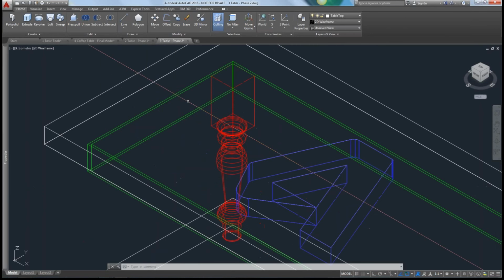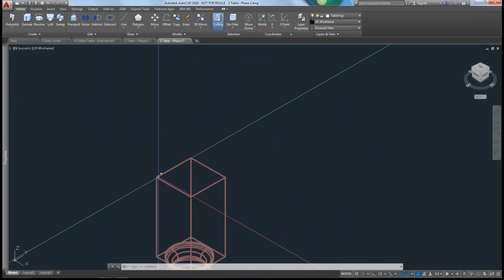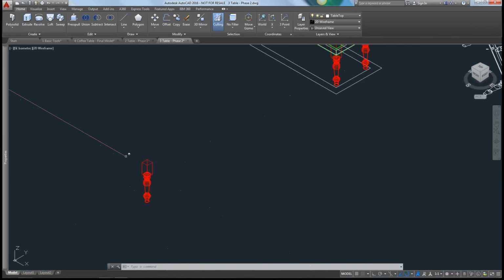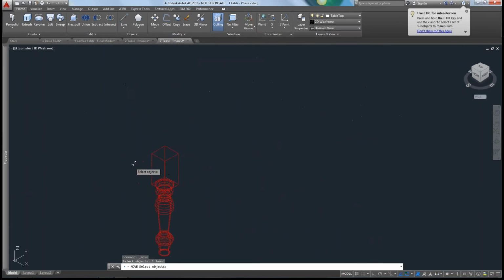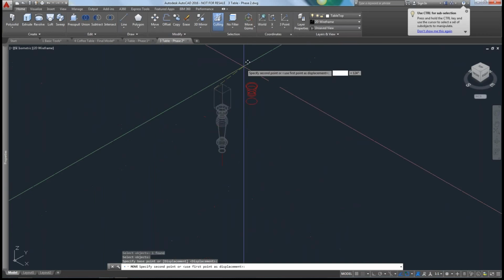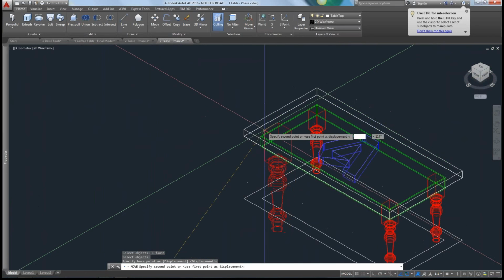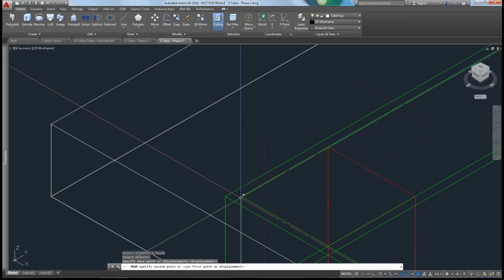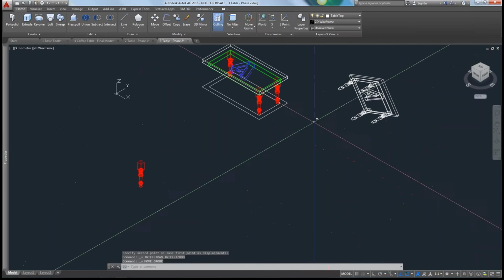So I want my destination point to be this corner. I'm looking at my model here, or my object. This is going to be my source point. Using the move command, you want to make sure that you can see and line up to that appropriate point. Because if not, if I just moved that, let's go back and look at it from the front,